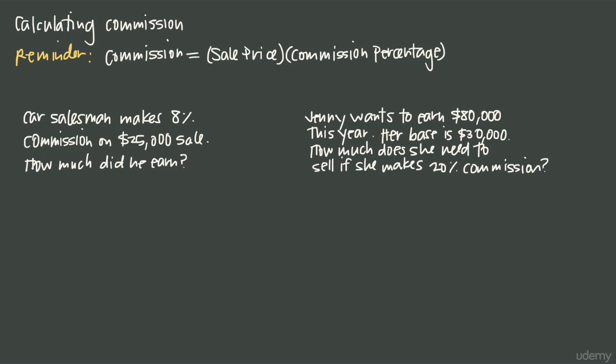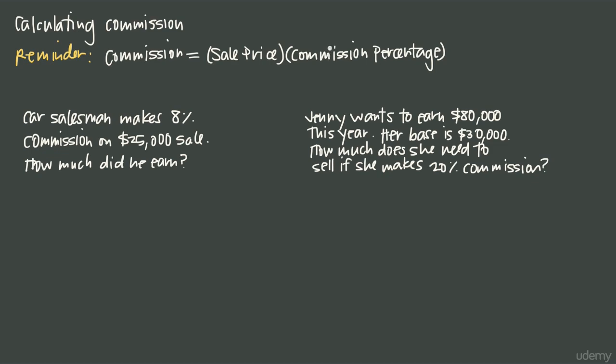In this video, we're talking about how to calculate commission for a salesperson. And this is a really useful skill to have because there are lots and lots of people who work on commission. So the formula that we use to calculate commission is here. Your commission will always equal the sale price, so how much you sold an item for, multiplied by your commission